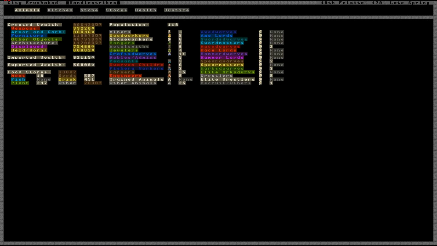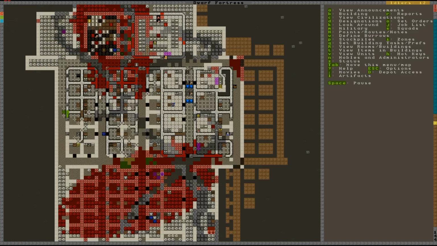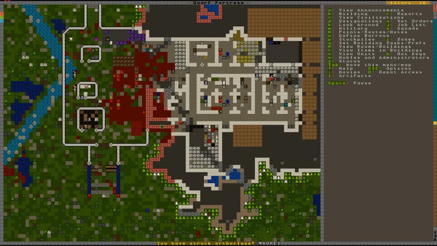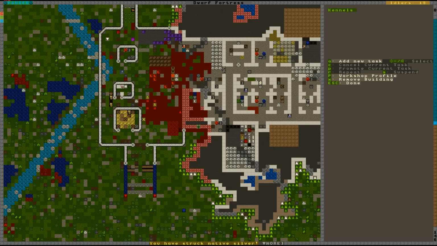How are we doing for time then? Late spring, almost at the end of things now. So, let's just keep things going for a bit then. The elves have arrived, excellent. Are they going to be followed by goblins? This is worrying me more and more now. The goblins just simply are not attacking. Well, either way,